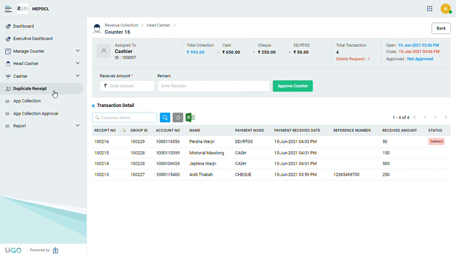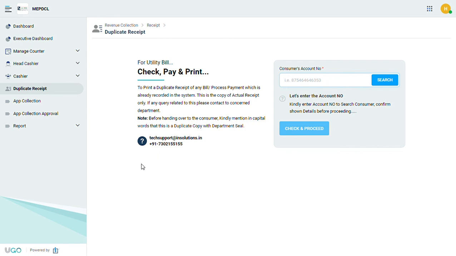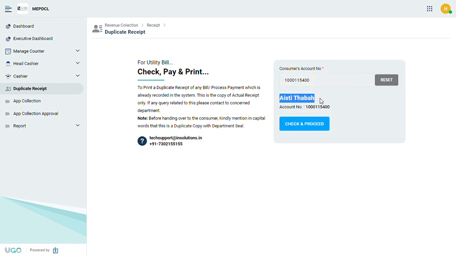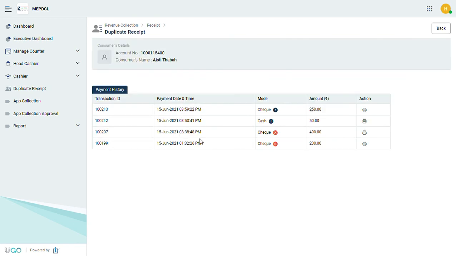Here you can see a menu, duplicate receipt. This feature has been provided to print the receipt of any consumer at any time. Just enter the account number, click search. You'll get the name of the consumer, verify it, check and proceed. You'll get the list of all transactions done by this consumer with their status, like this check is in process,